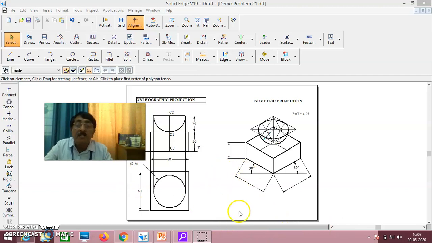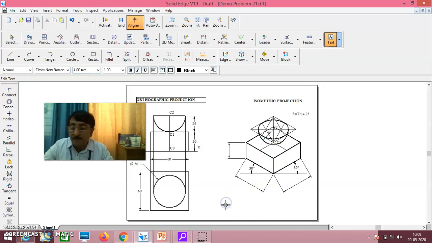That means this is ISO 30, you make it ready. Then ISO 60, you make it ready. ISO 60, you make it ready.